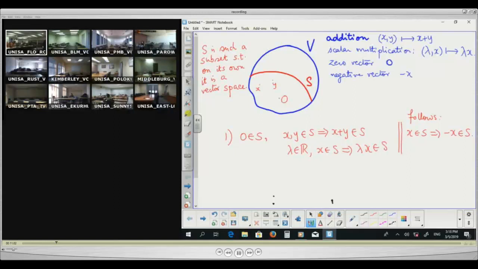A subset of a vector space is a vector subspace, or we often say the subspace of V, if